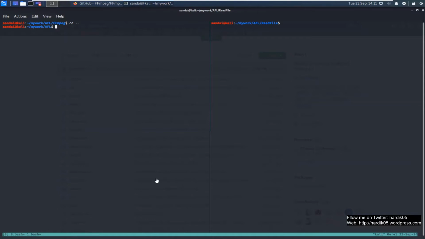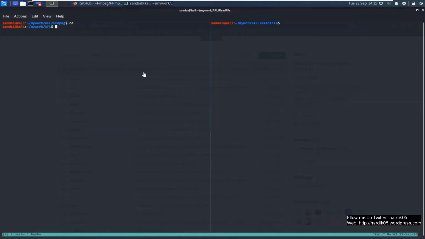It's not that complex. The only thing is that it requires a lot of external libraries, which you need to install on your system. So if you get any build-related error while you're trying to fuzz the software, just make sure that you have proper dependencies installed on your system. So let's go ahead and compile FFmpeg, and then let's fuzz it using AFL.